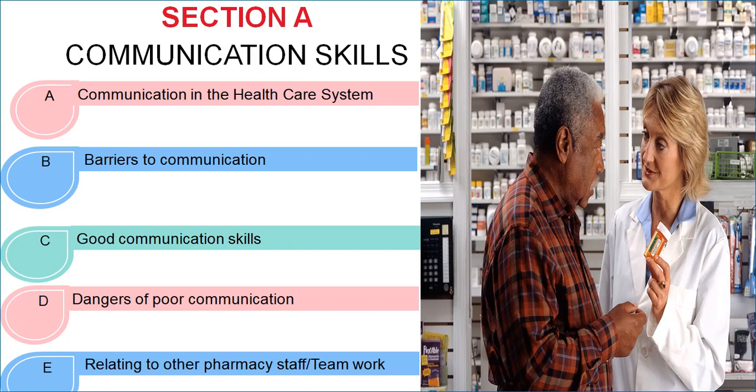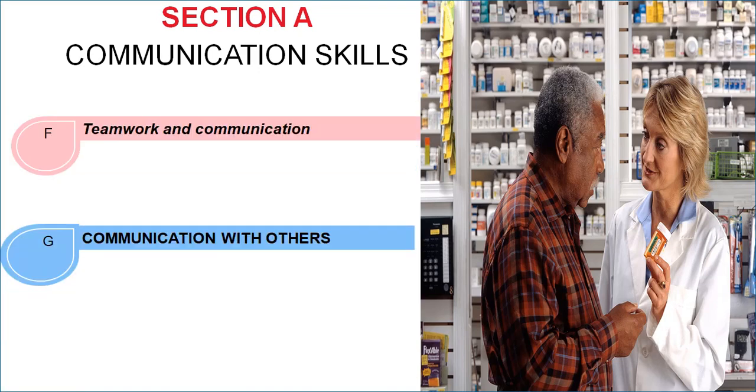So in the pharmacy, if you communicate poorly, you put lives at risk, and you risk losing your license to practice. So it's essential we learn how to communicate well so that we can avoid poor communication. Then we look at relating to other pharmacy staff, or teamwork. Under pharmacy and teamwork, communication is important because we work as a team. The way we communicate should be as a team. Assuming you are in the pharmacy and a patient comes with a complaint, you don't say that it wasn't you, so you're not able to help.